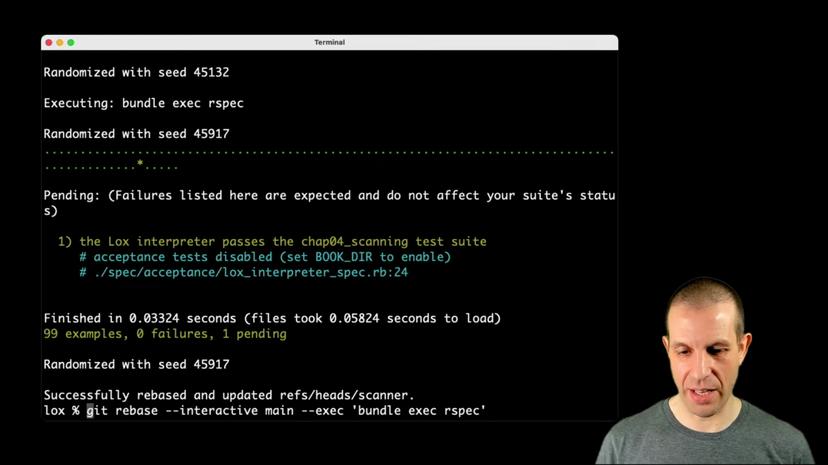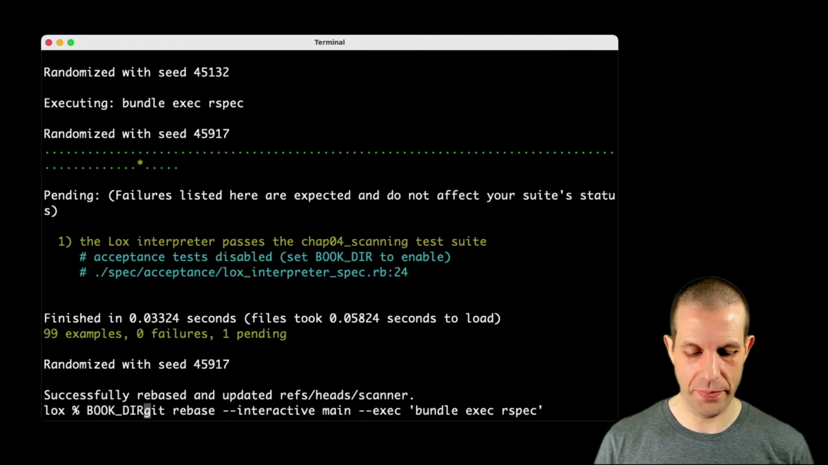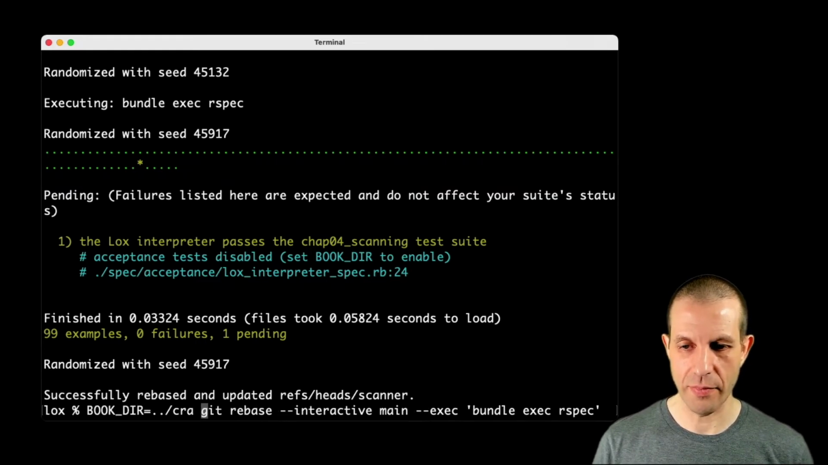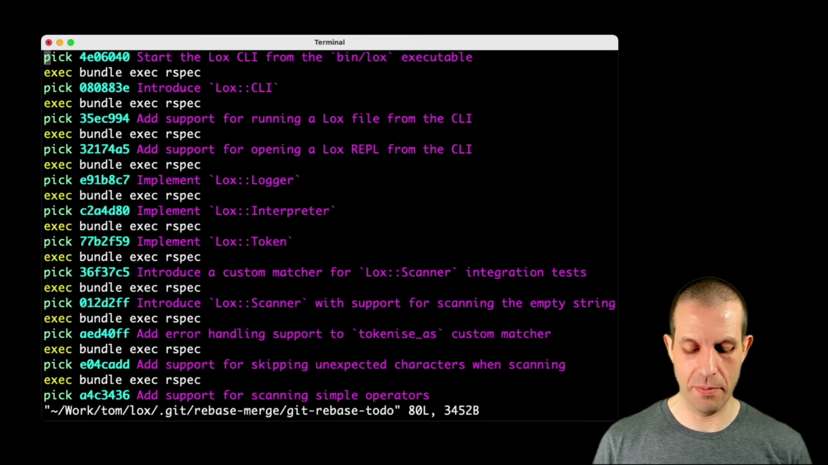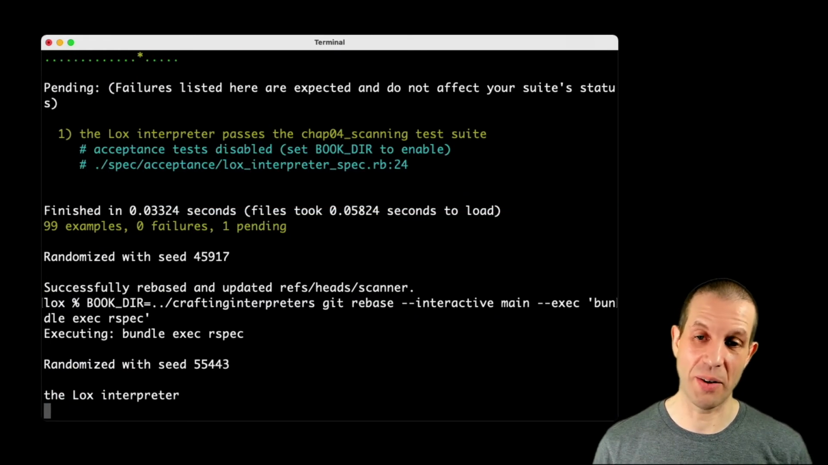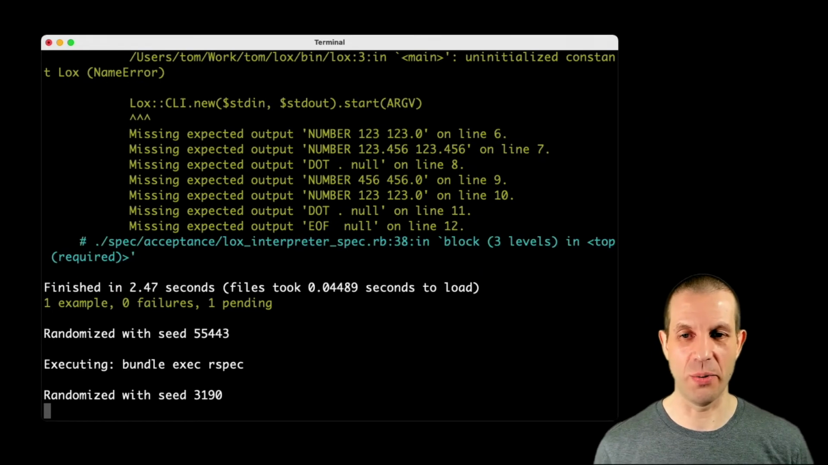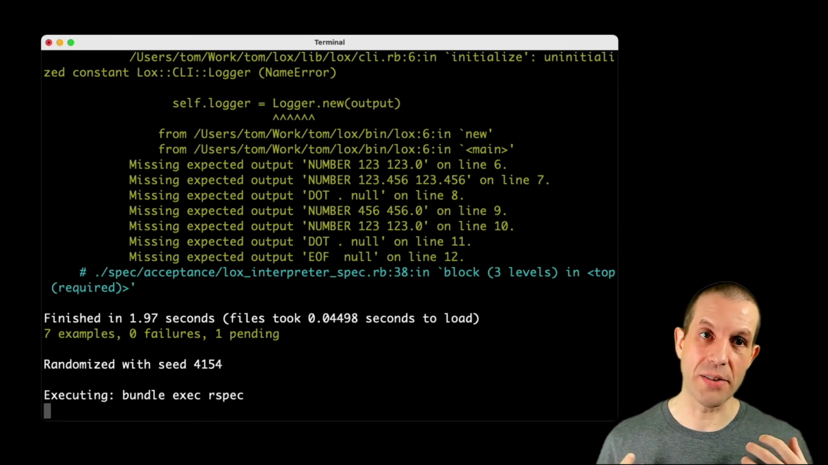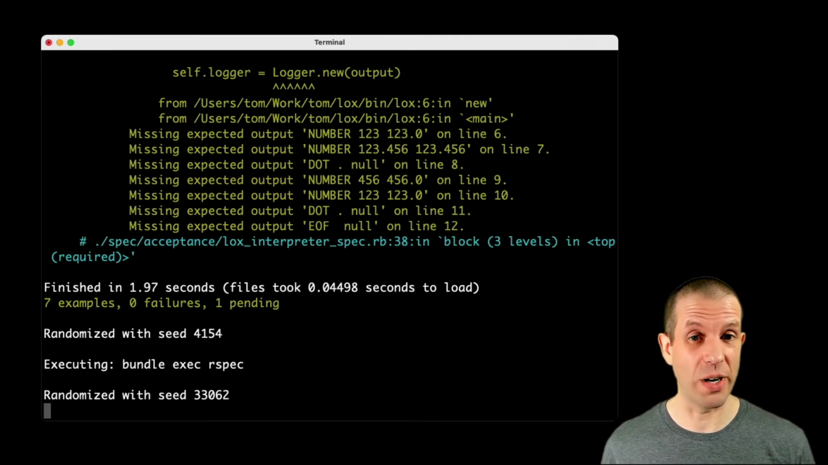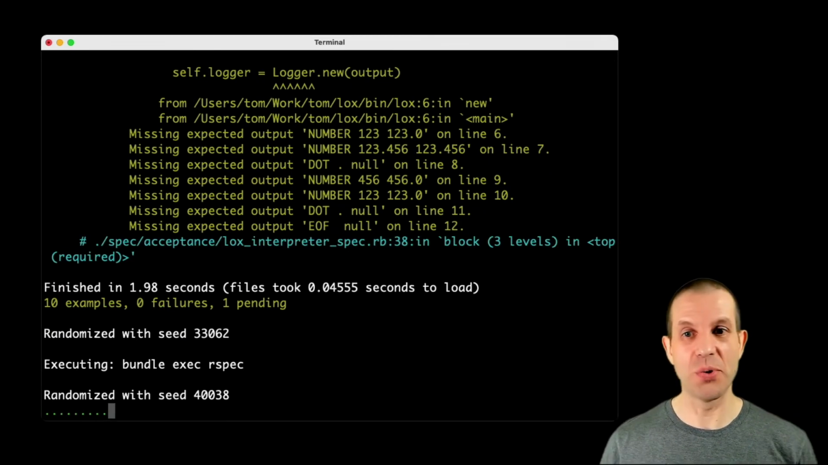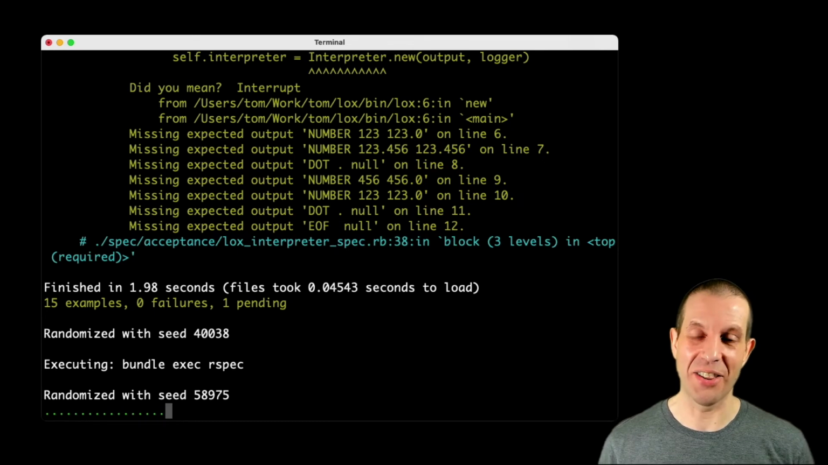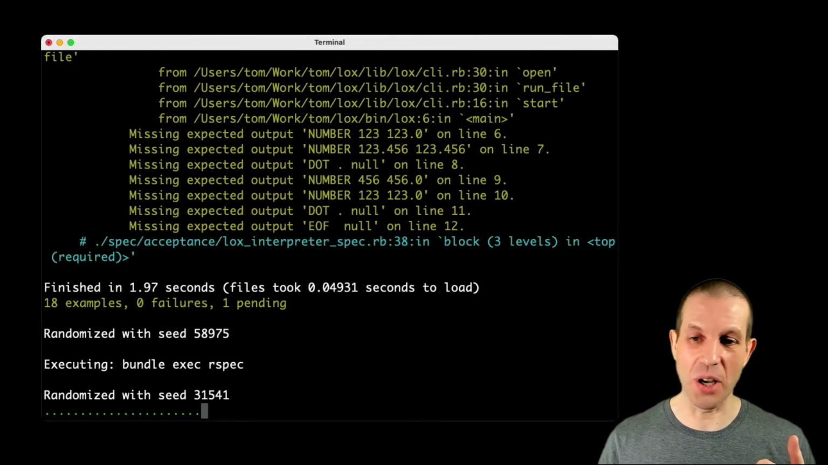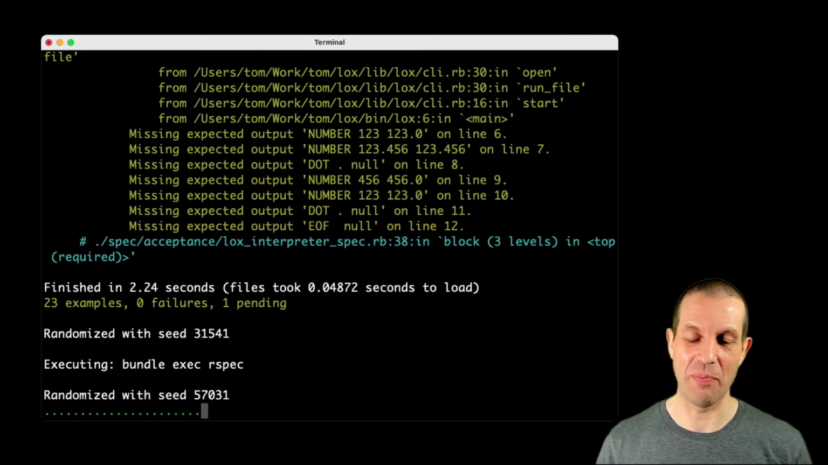If I set that, crafting interpreters, then this time it's going to try to run the acceptance test on each commit, which is a bit slower, so I won't let it do all of this. But you can see all the way through this, I've got these acceptance tests marked as pending, which tells RSpec that they're supposed to be failing. So it shows me the failure message, but it's okay that this is failing because you've said that